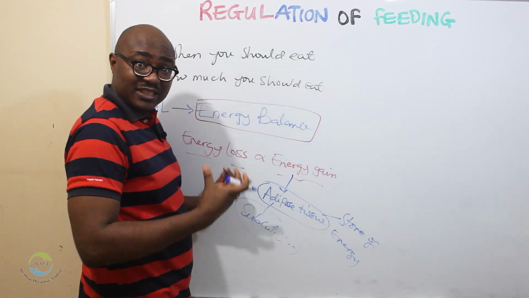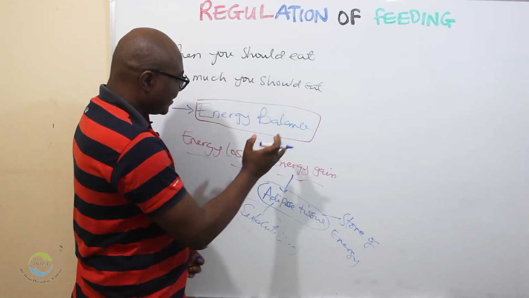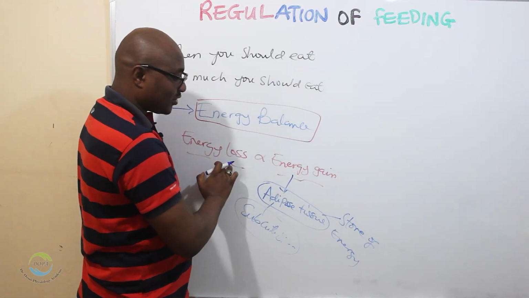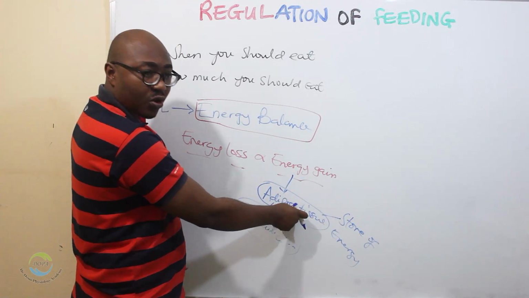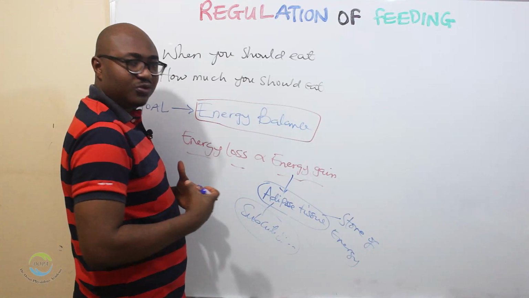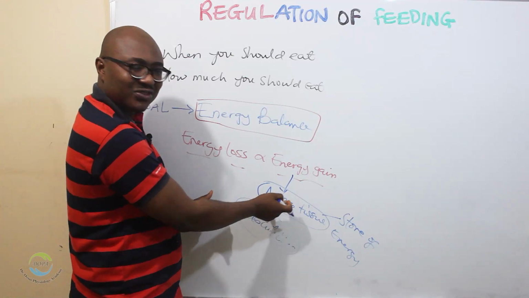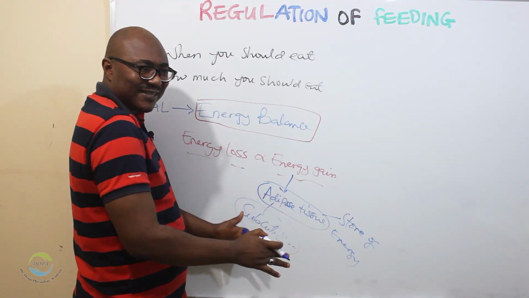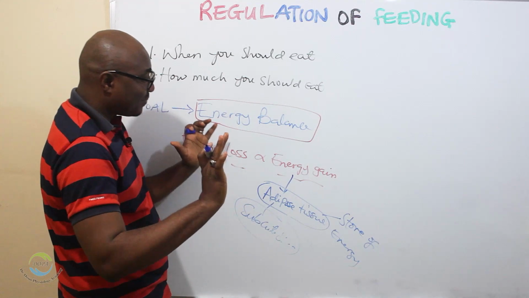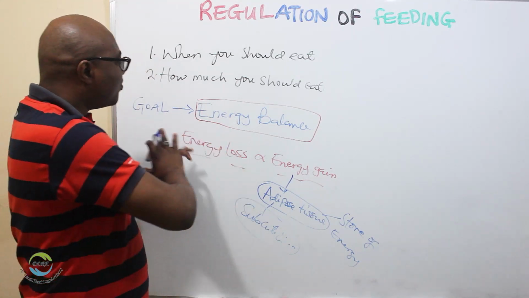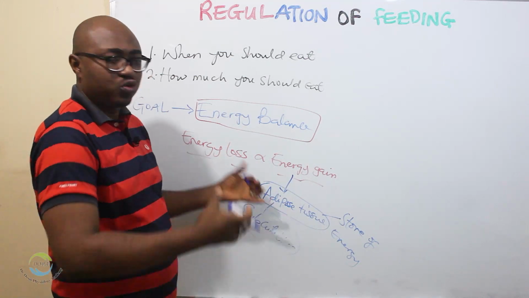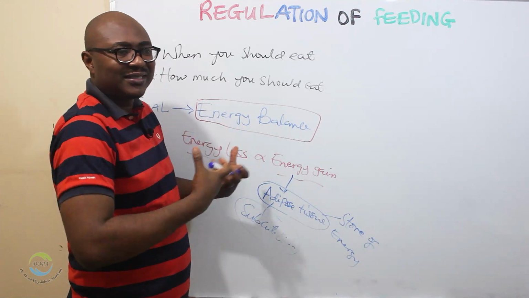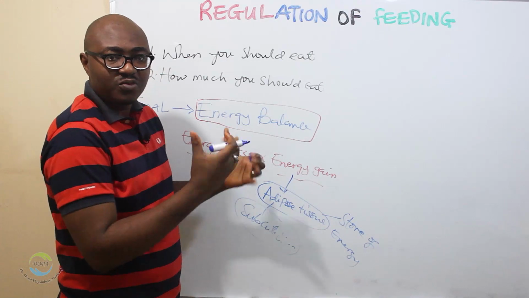That fat you see is a store of energy. So when energy loss is more than gain, the body begins to take from this store to produce energy, and you begin to lose adipose tissue and slim down. That's what happens. The body wants to maintain balance. It doesn't want you to have too much fat. Of course, it can affect you when you have too much fat.